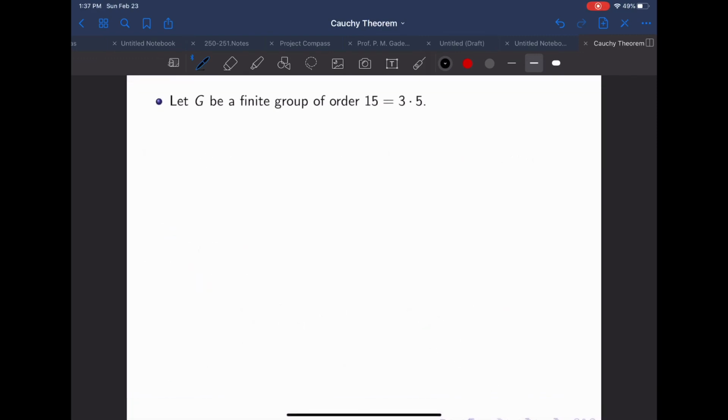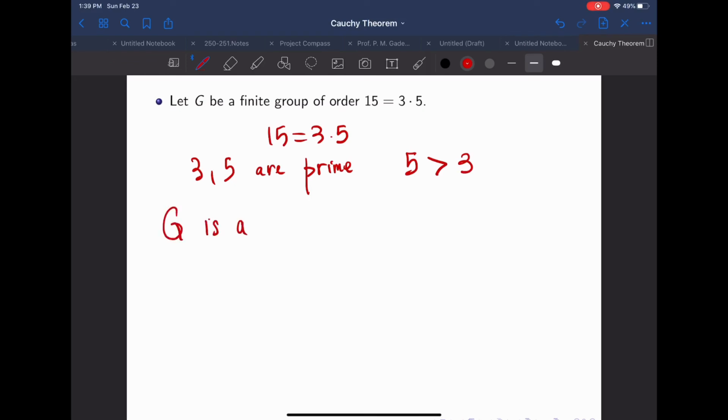Finite group of order 15. The prime decomposition of 15 is 3 times 5. 3 and 5 are prime numbers, right? Five is greater than 3, and 3 does not divide 4. Okay? Then automatically we can conclude that G is a cyclic group of order